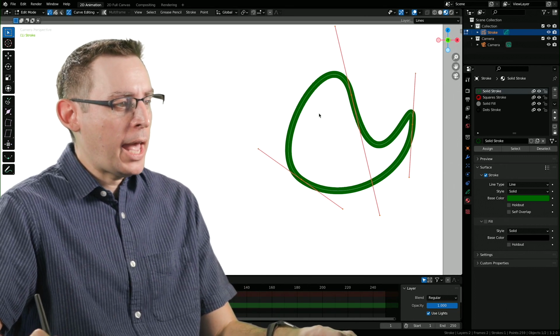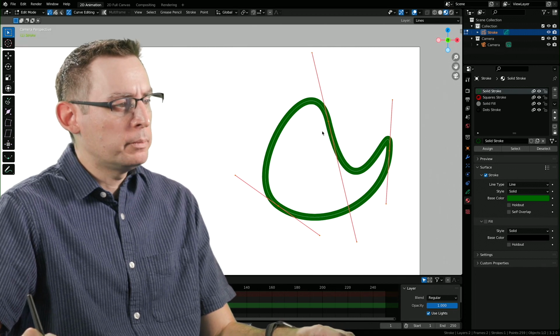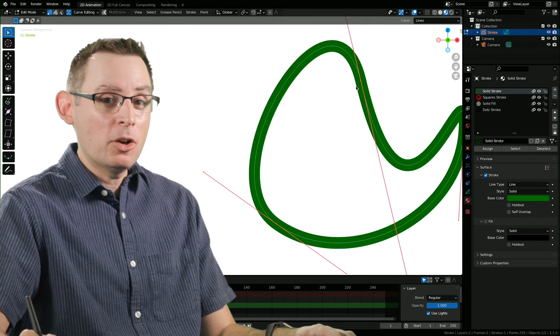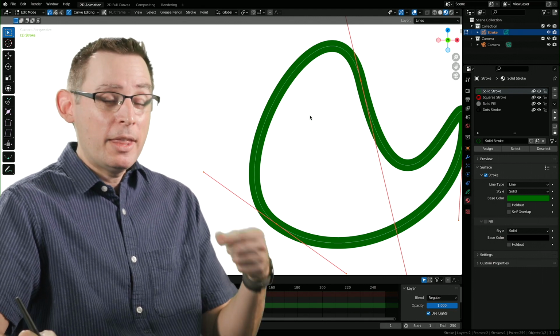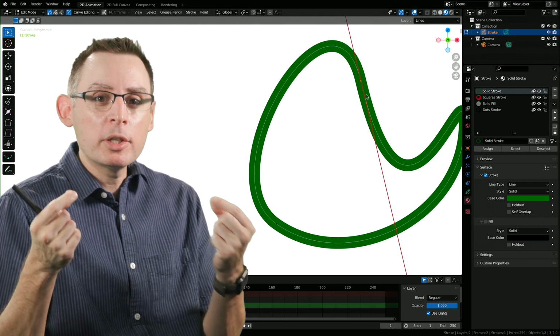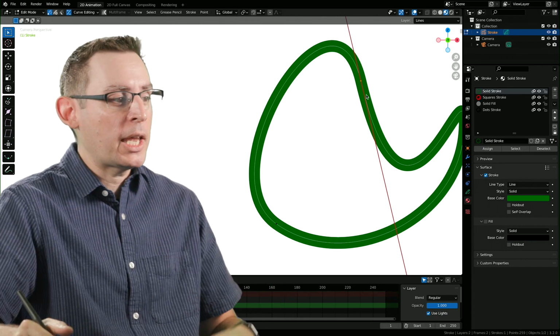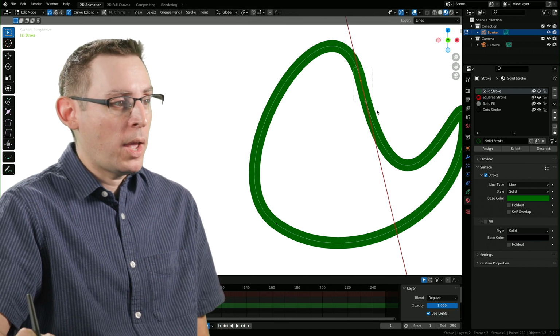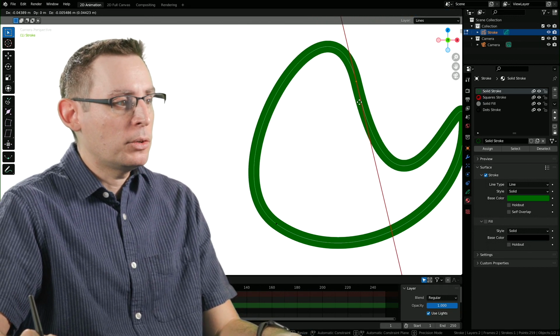Sometimes I'll go into curve editing mode, and then I'll start working, and then I'll turn curve editing off, work with my curve again, and then I turn it back on, and my handles are in different positions because it's taking the current state of the curve to determine where these handles are going to go. So here's my suggestion: leave it on as long as you can. That way you have a really great, consistent workflow.